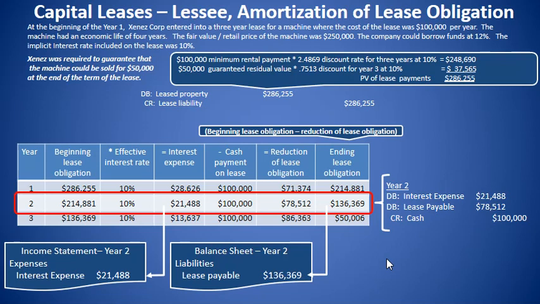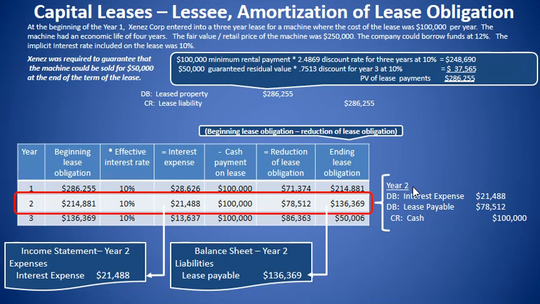Year number 2, our beginning lease obligation was the $214,881, which was the ending obligation from year 1. The effective interest rate is 10%, times $214,881, means our interest expense is going to be $21,488. We're making our annual cash payment of $100,000. So $21,488 is considered interest. So we have a reduction of our lease obligation, the net of the two, which would be $78,512. So our ending lease obligation is